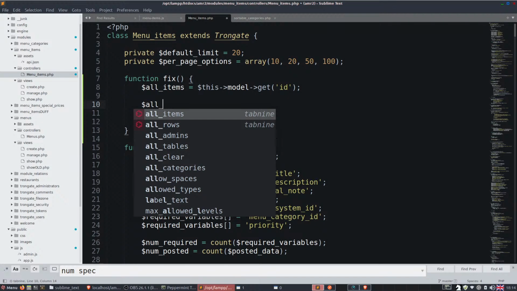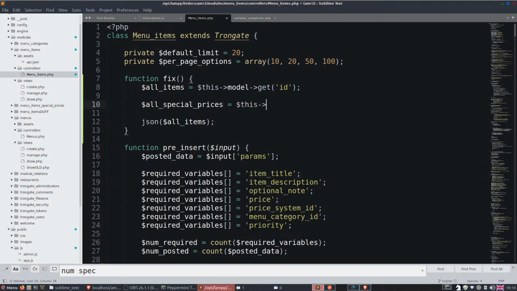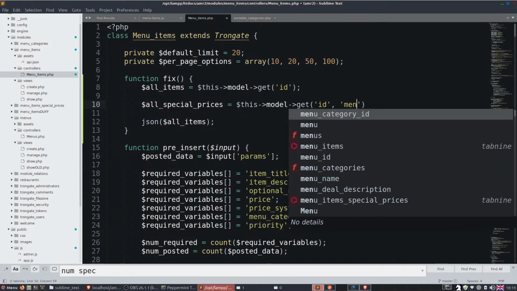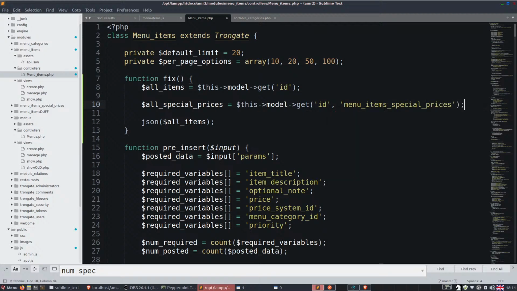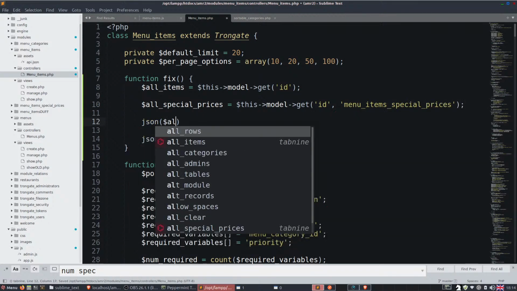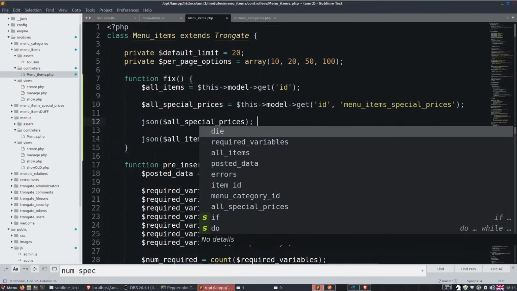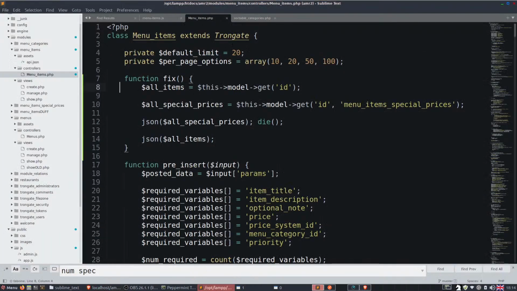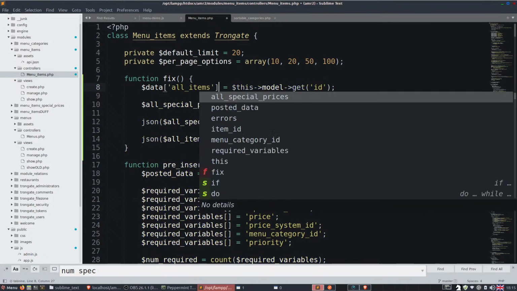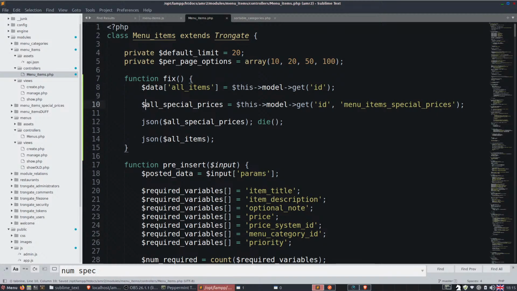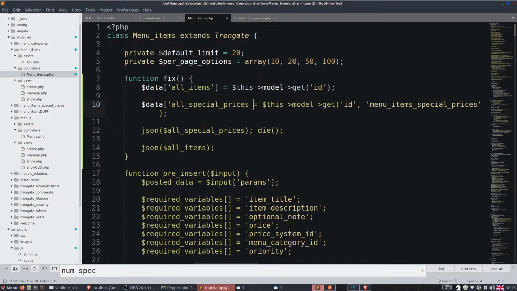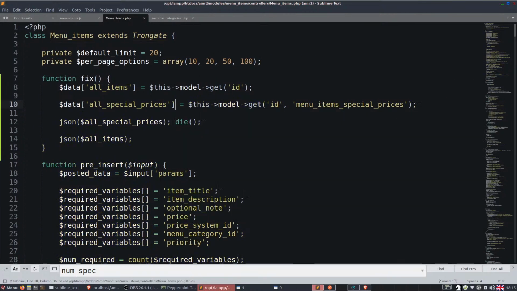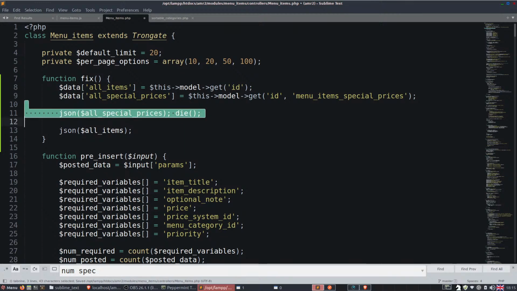And now I'm going to say all special prices is this model get. Okay, cool. So what we're going to do is say data all items is that, then data all special prices is that, and